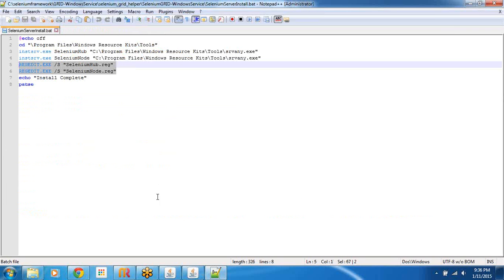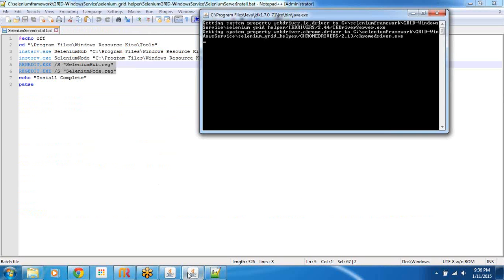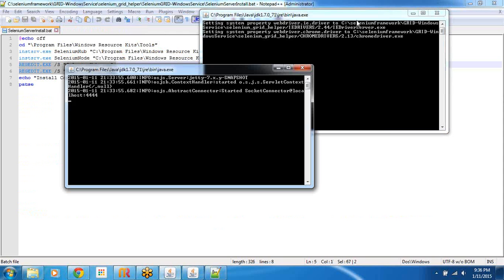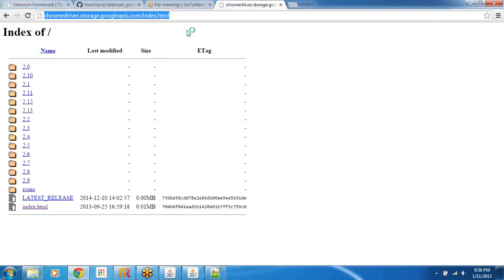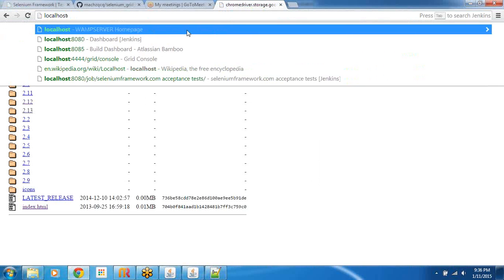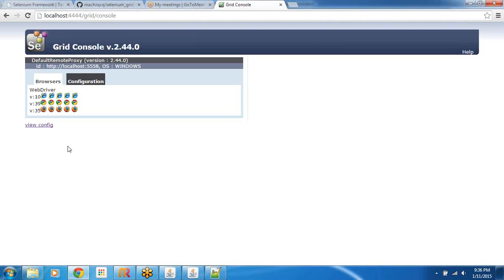Okay, so for now, let me go ahead. I've started these both, right? I started the hub and I started the node. Let's see that the grid has come up fine. So I'll go to my browser, right? And then type localhost, grid console. Now, if I type this, you can see that here